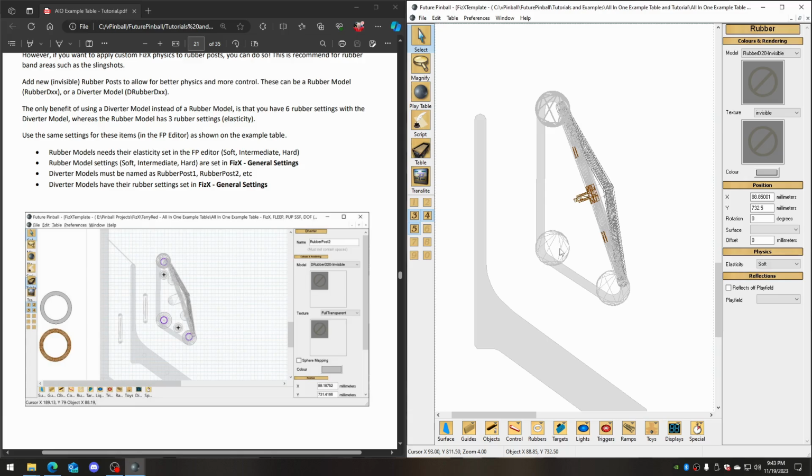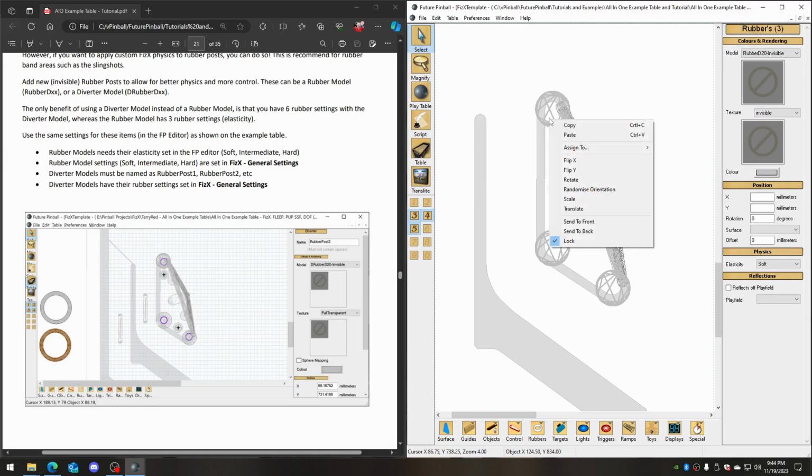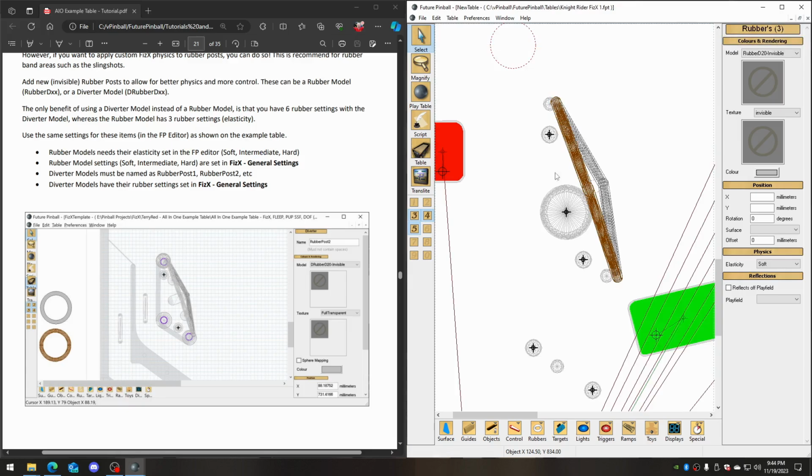Whereas before, all the rubbers in the table on older FizX were basically set to almost nothing because we had to replace them with FizX rubbers. Now we can use actual Future Pinball rubbers to do the same thing. So in this case, what I do is I just select all three and unlock if you need to, and then I just copy,